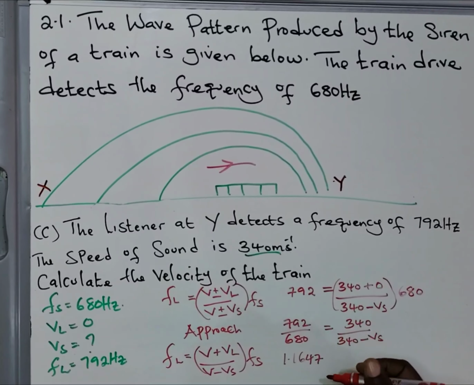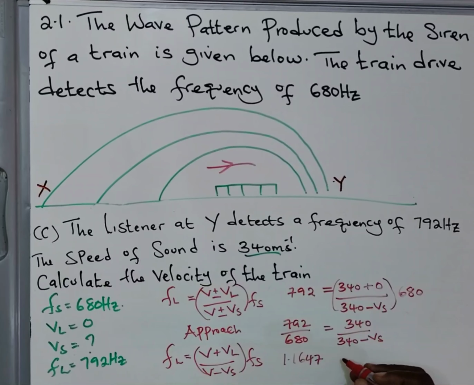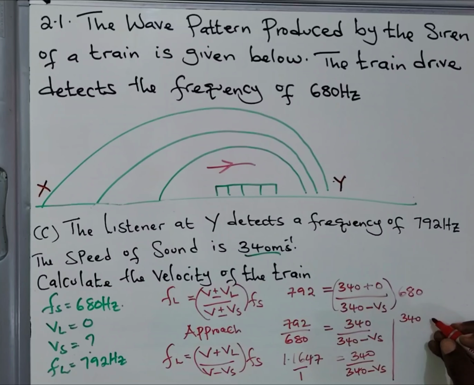So what you get out of this is 1.1647, which is going to be equal to 340 over 340 minus Vs. In simplifying this, or we can do it through cross multiplication, and we get 340, which is equal to